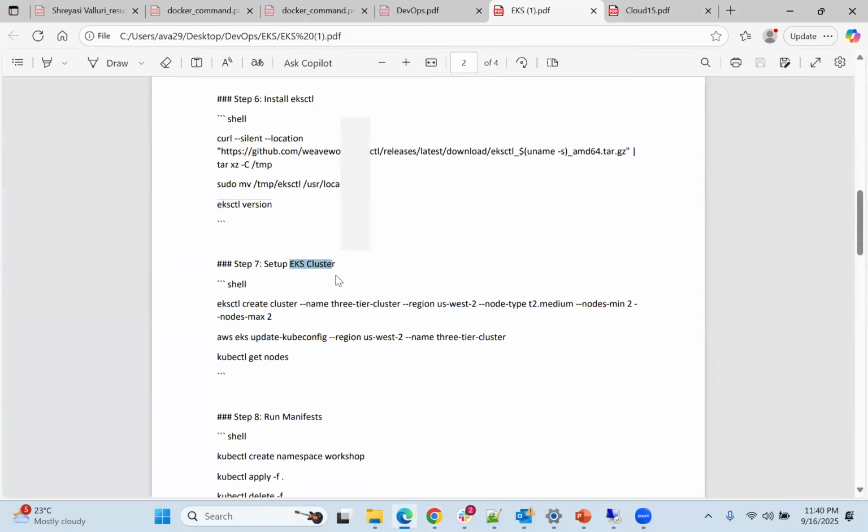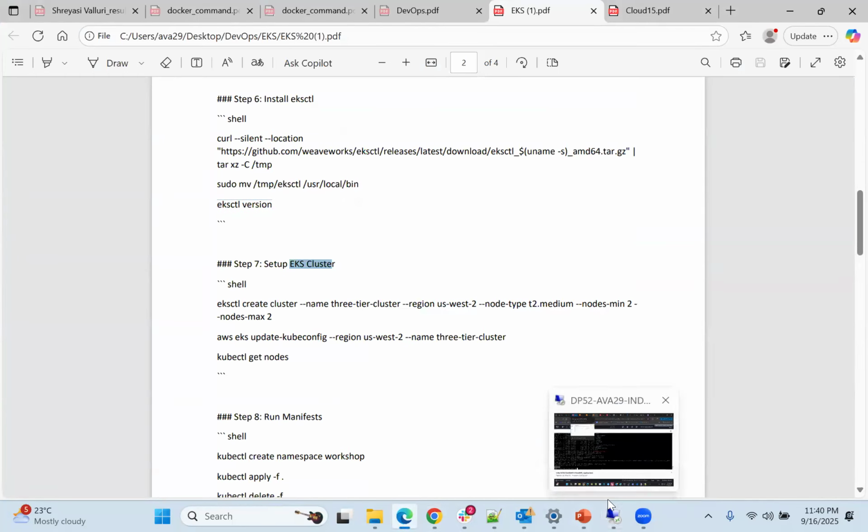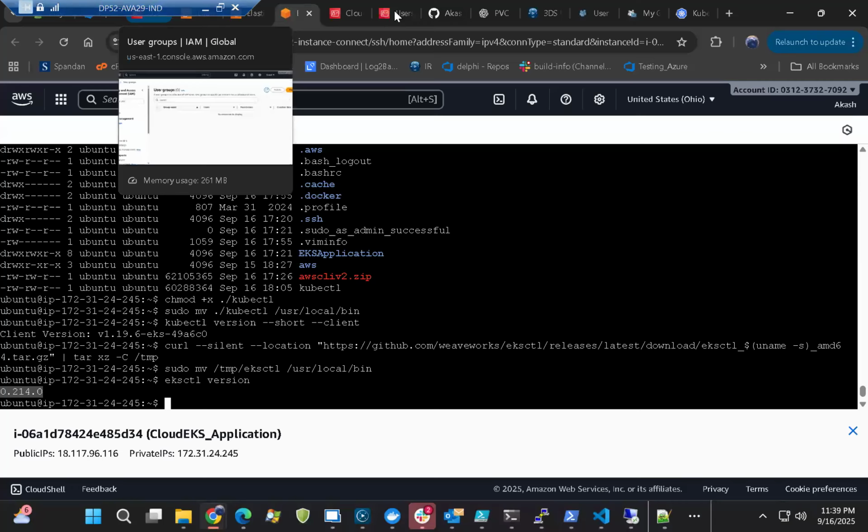an EKS cluster. Okay. So you need to have an EKS cluster in your system to run or to create the pods, because these pods will directly go into your EKS cluster. So